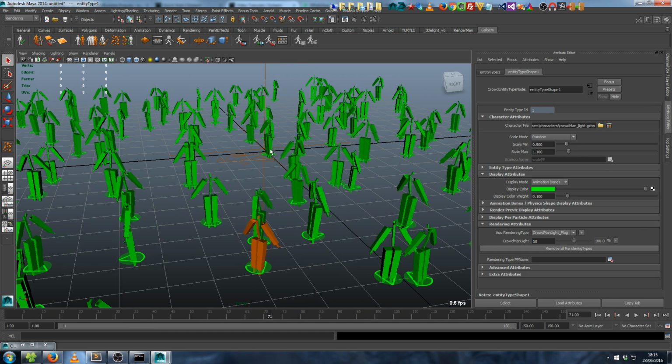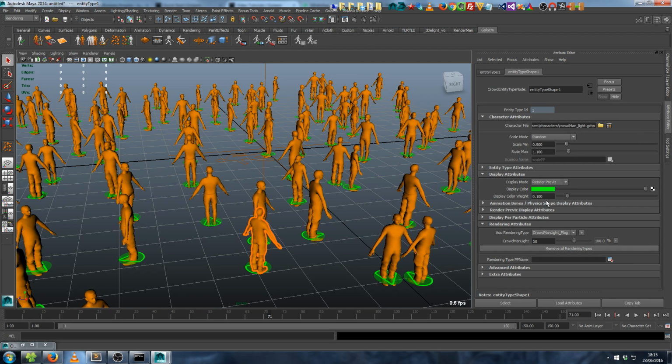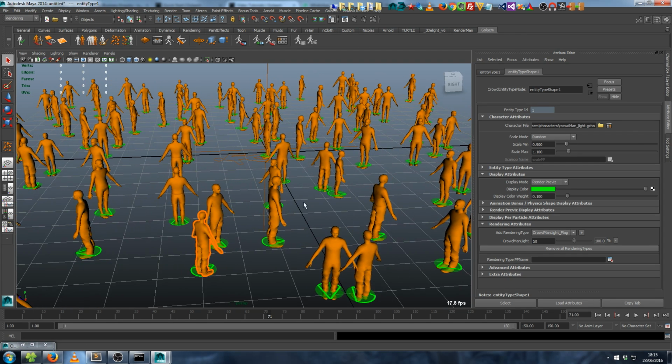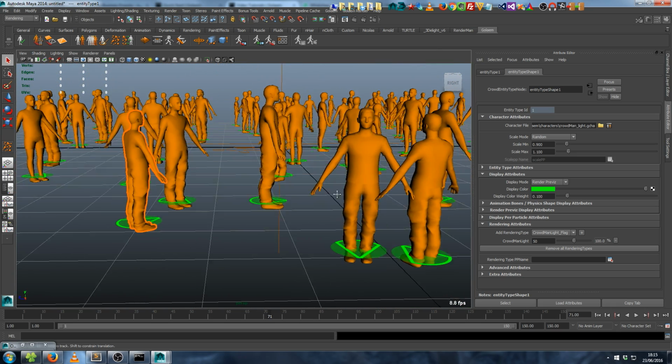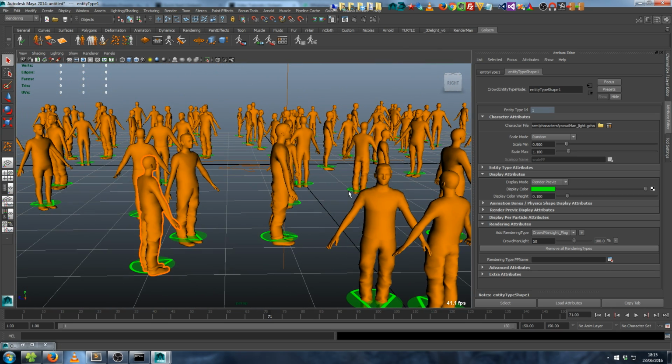So now let's change the display mode of the characters. Let's go back into the entity type, and you can see that within the entity type there is a drop down which is called display mode. Right now the characters are set to animation bones, but you can switch to another mode called render previews, and in this mode we'll load the geometry of the character and display it. As you can see, the characters are all orange, which is the Golem default shader. So if you want your characters to be shaded within the viewport, you can import the shaders and they will be applied on that